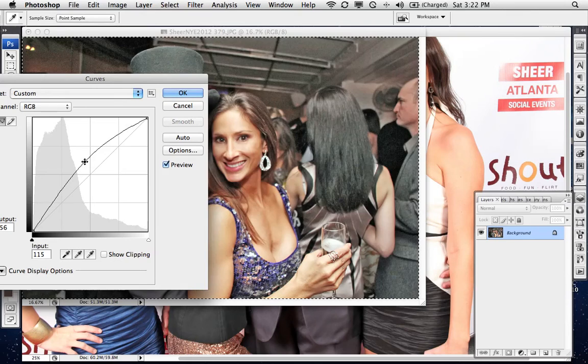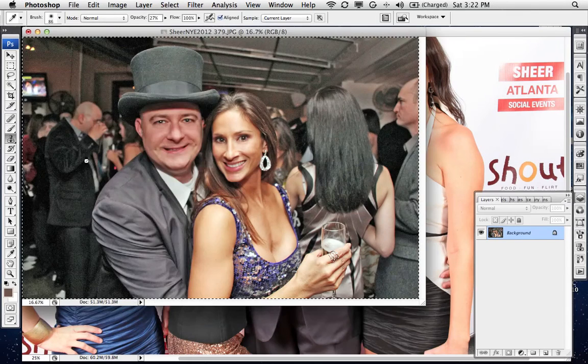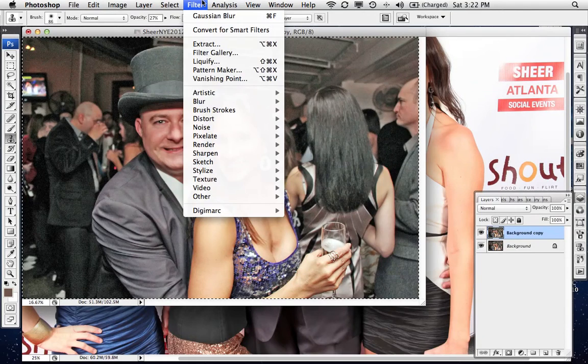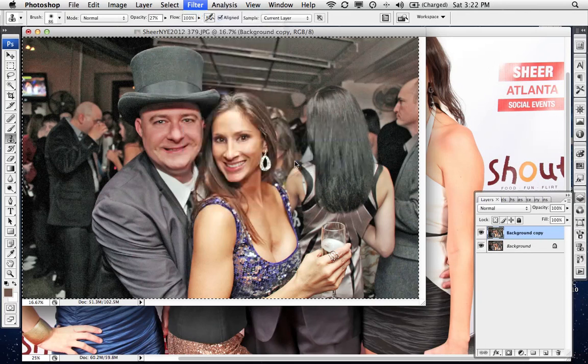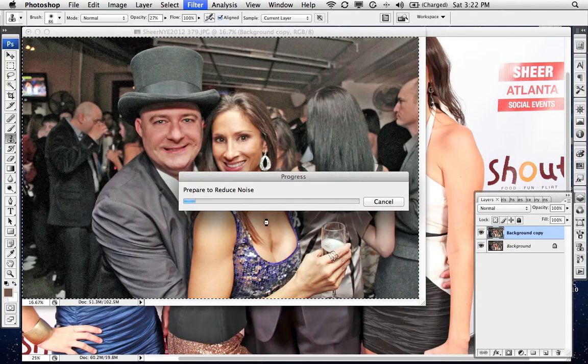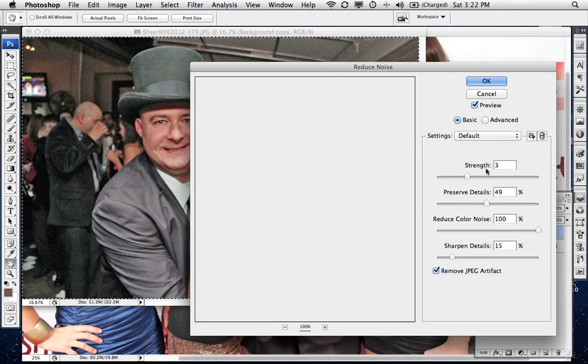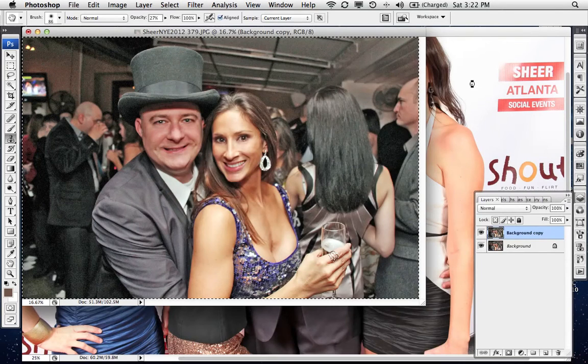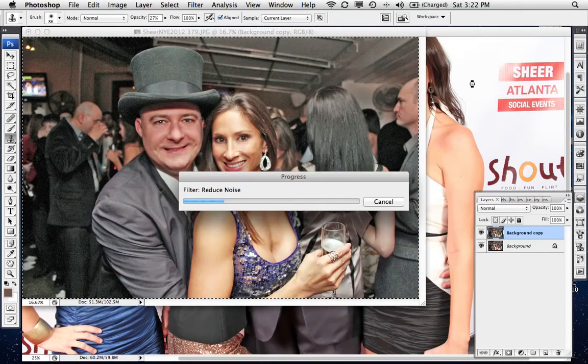I'm going to actually lighten it up just a little bit with my curves adjustment. See the beginning and after? It gives it a nice little pop. And last but not least, we're going to do a reduce noise, because I want all this noise in the background gone. The only thing that I'm not going to apply this noise filter to is their face. The reason I duplicated the layer is so that I have the ability to